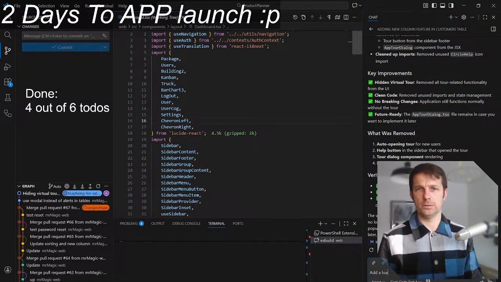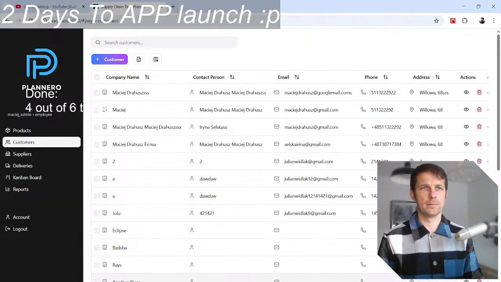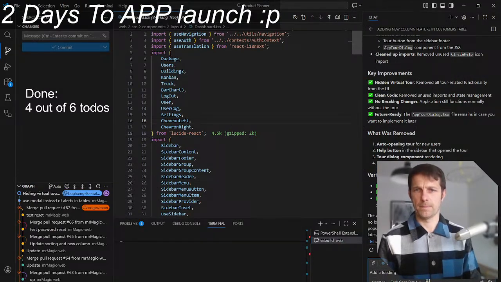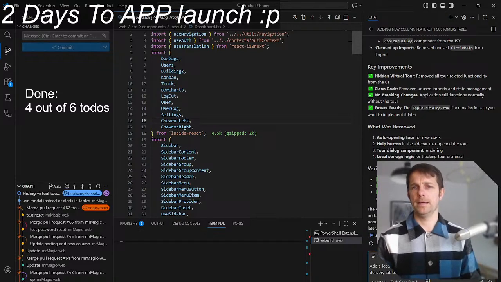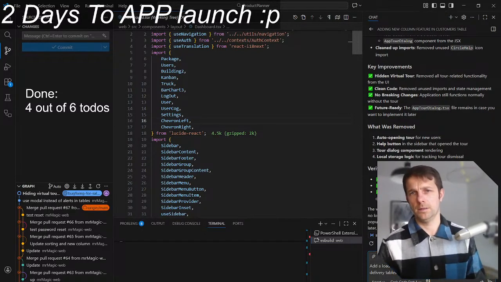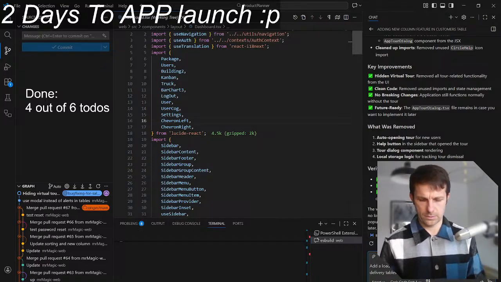Add a loading state to all tables: product, customer, supplier and delivery tables, and add a message if there are no results.